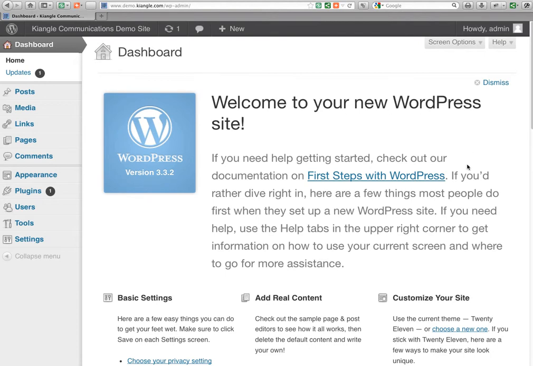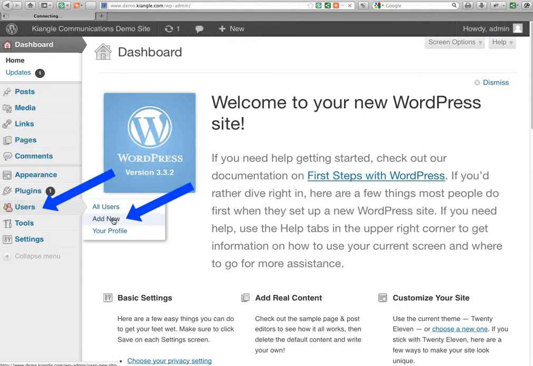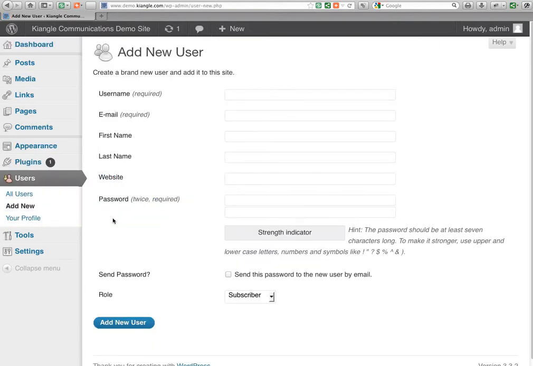Your dashboard will look more complete than mine. This is just a shell site for demonstration purposes. So take a look over here at the menu on the left. Go to Users and then go to Add New. So now we've decided that we want to add somebody to our site, and we need to give her a